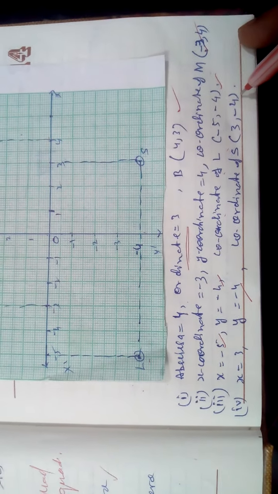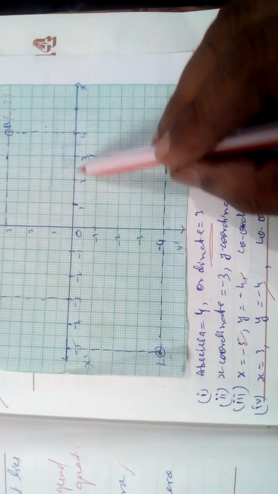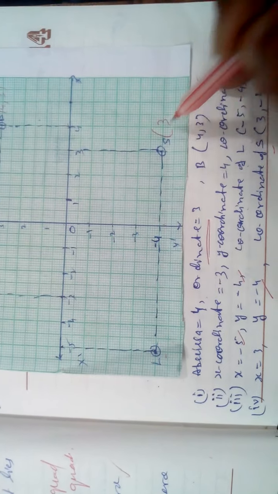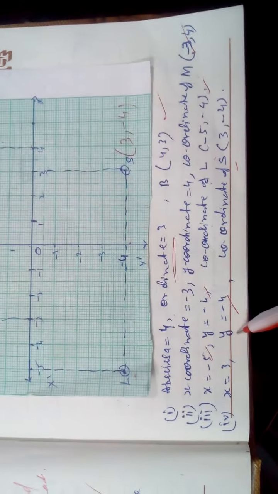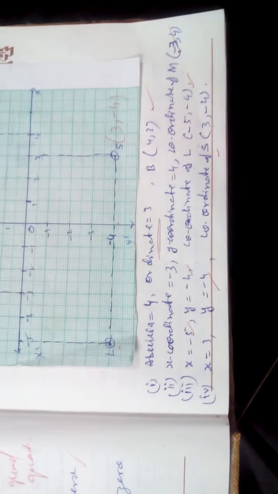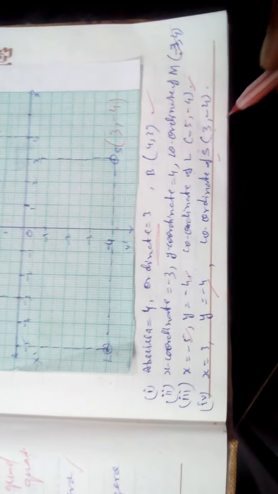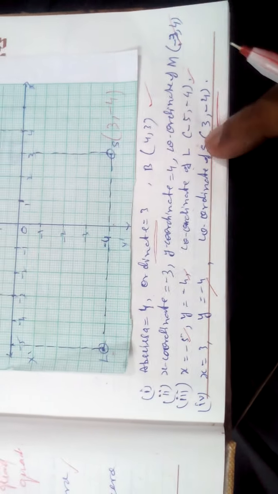What is S? S is a point. Where is S? Here. So first you read x. Here x is 3. What is y? -4. The values of x and y you write inside brackets. A coordinate is always in parentheses, the small bracket. Without brackets it is not a coordinate; if you don't put brackets, it is wrong. The first place is always x, the second place always y; keep that in your mind.